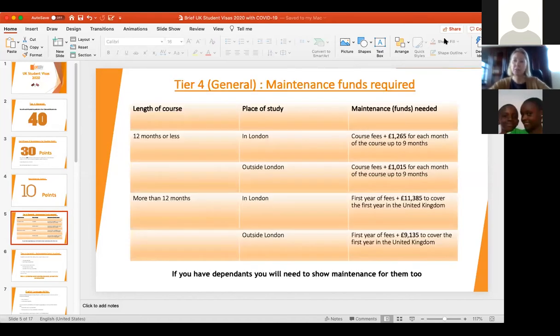So if you're studying a course of 12 months or less and you're studying in the London area, you need to be able to show your tuition fees for the full course, plus £1,265 for each month of the course, up to a maximum of 9 months. And the reason it's 9 months is because 9 months is the academic year. So you don't show maintenance for the vacation periods, it's just for the main duration of your course, so 9